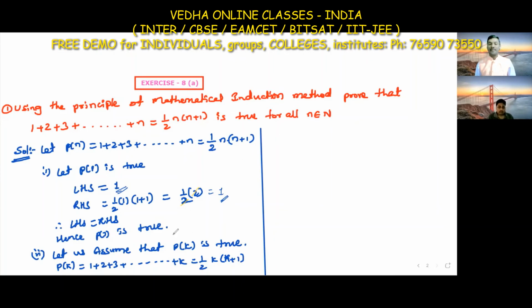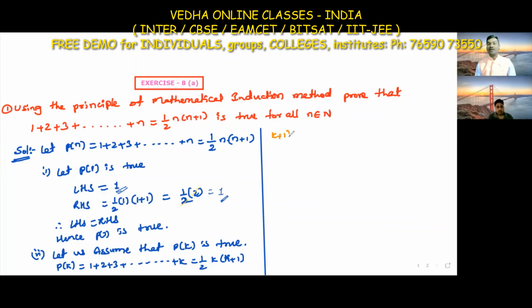Now observe carefully. The nth term is n, the kth term is k. Like that we have to find the k plus 1th term. What is the k plus 1th term? First term 1, second term 2, third term 3, fourth term 4, 10th term 10, 100th term 100, 1000th term 1000. The nth term is n, the kth term is k. If we want the k plus 1th term, what should we do? For the k plus 1th term, in place of n substitute k plus 1.